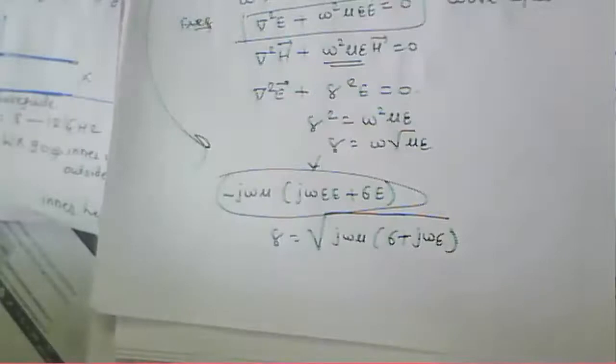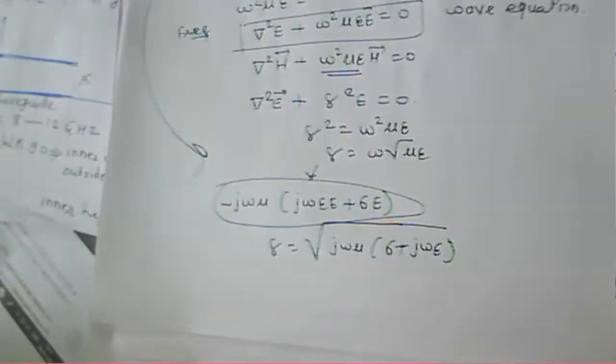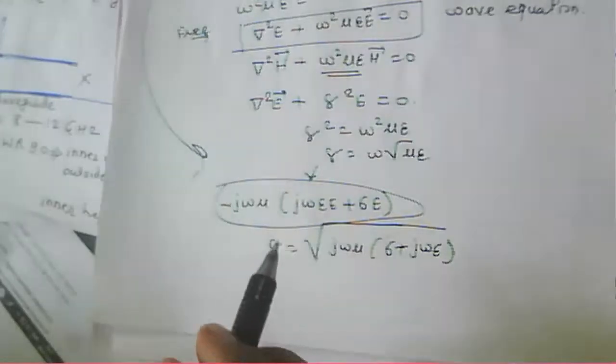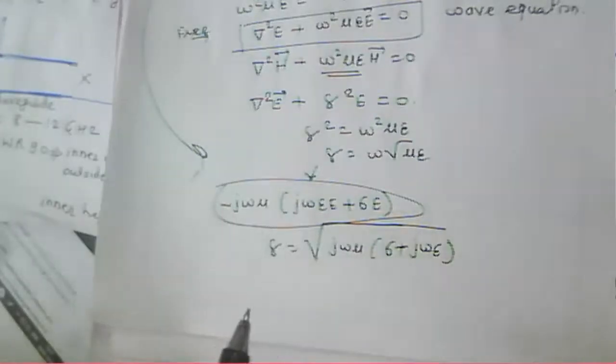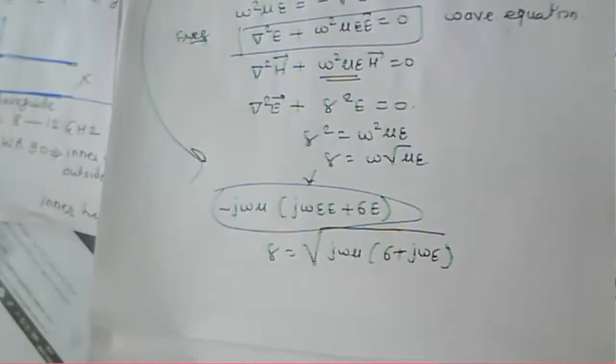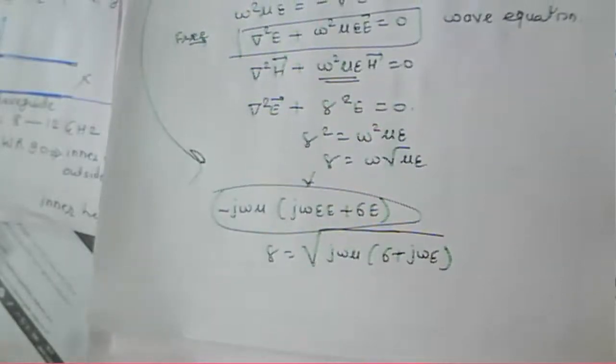This is the term when we consider the free space. We just consider that the wave is propagating in a guide. In that case, for a guide, there are no free sources, that is, no volume charges in that particular guide. So rho will become 0. That's why del dot E is equal to 0.